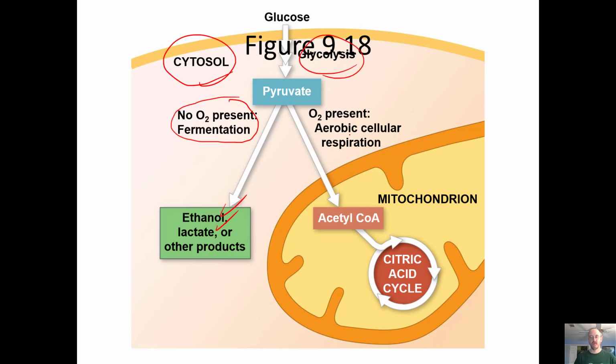If oxygen is around, we have aerobic cellular respiration. And so that would mean that the pyruvate is broken down to acetyl coenzyme A, and then it will enter into the citric acid cycle. And that's the end of the food, right? The food is no more. It's breathed out as carbon dioxide gas. It's done. But the electrons from that food leave these processes and go to the ETC,